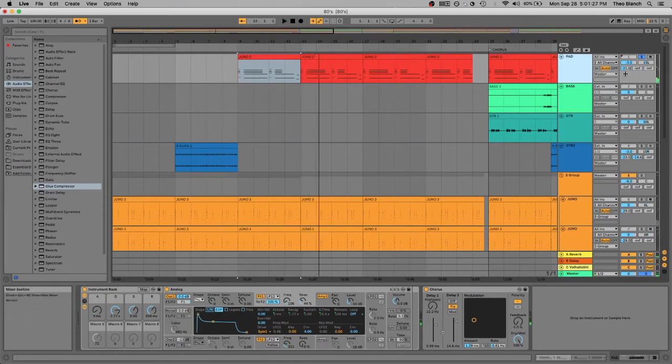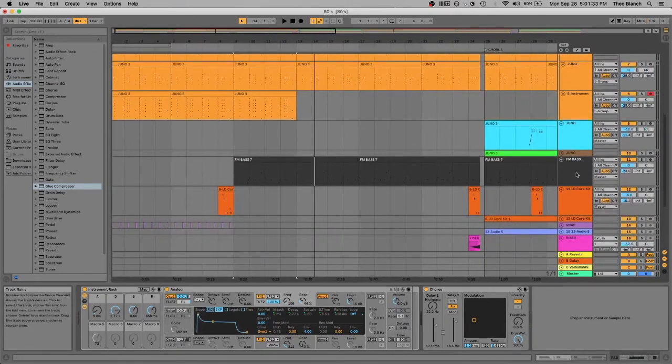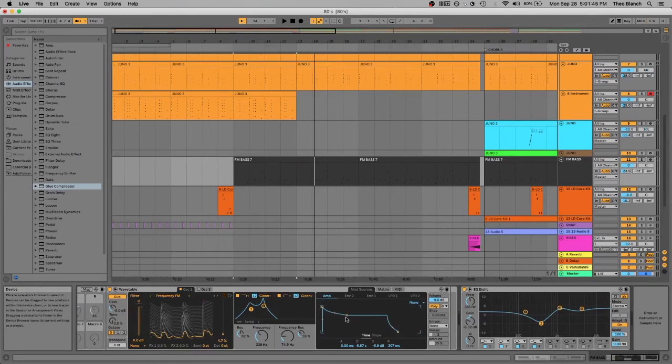Yeah, so we just have a basic pad here, just posting up, nothing too special. The bass I made using Ableton's Wavetable device, and to be honest, I haven't really used this before because I was using different VSTs